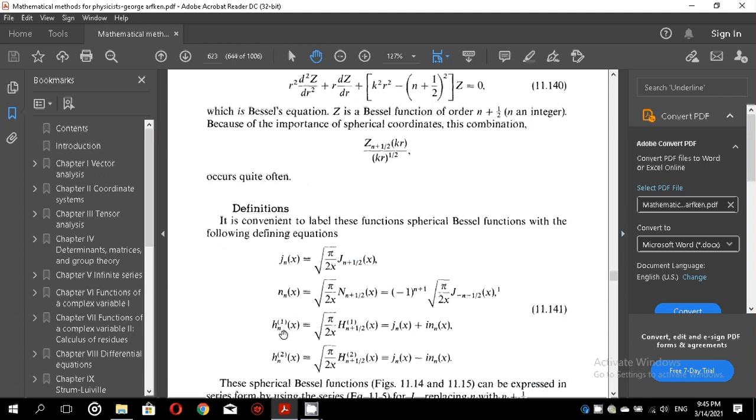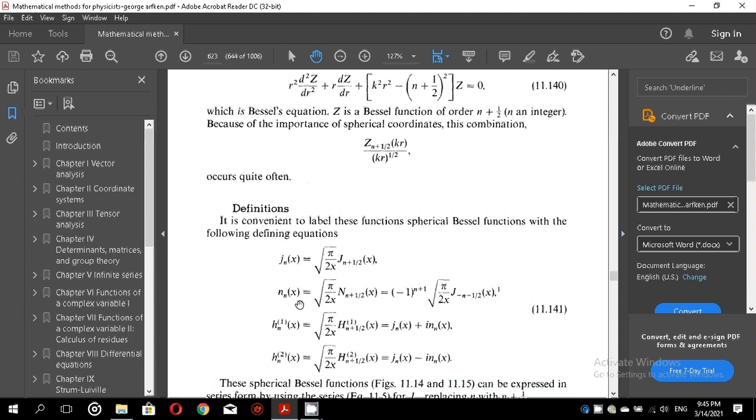Then we have the spherical Bessel function of third kind, that is the Hankel functions. So these defining equations correlate the spherical Bessel function with the ordinary Bessel's function, and the reason I have